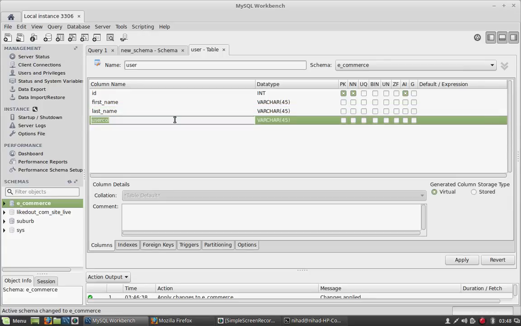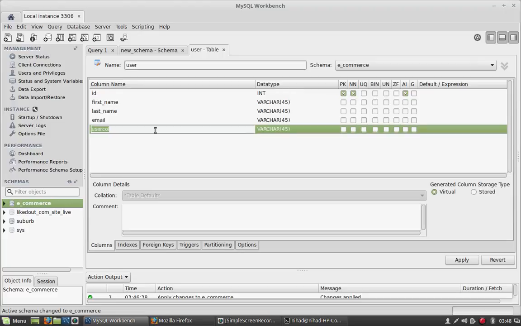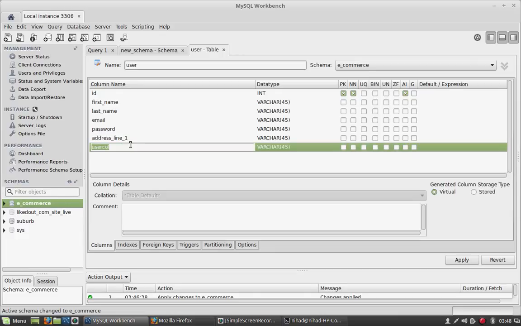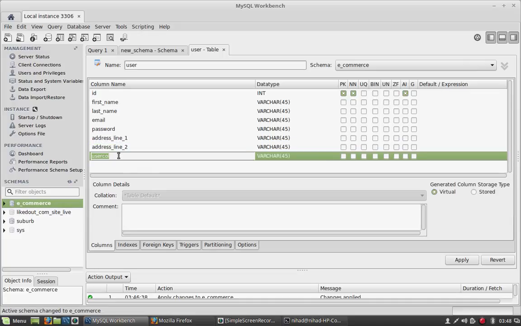You don't really need the date of birth. What we need is email, password field, and then, for example, address line 1 field, address line 2, and finally postal code,